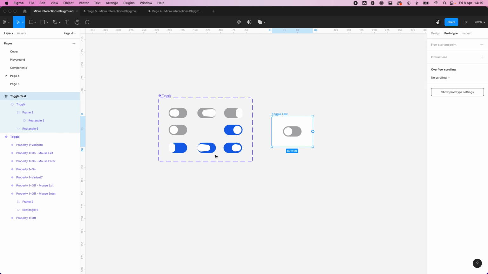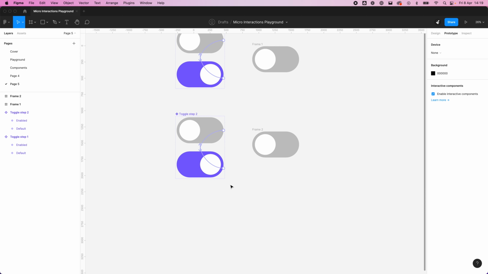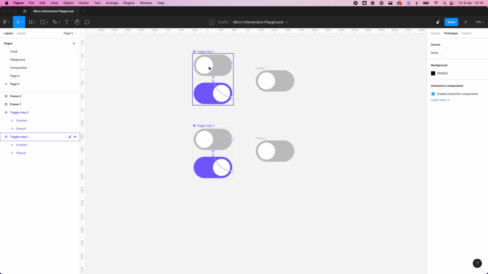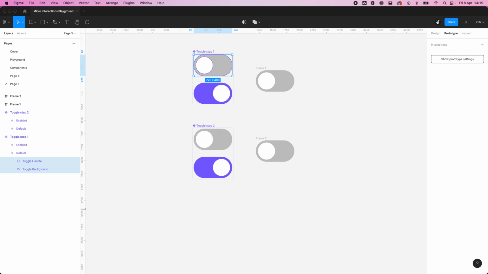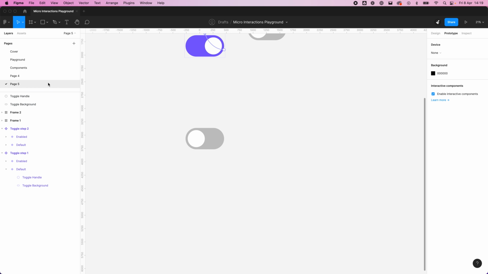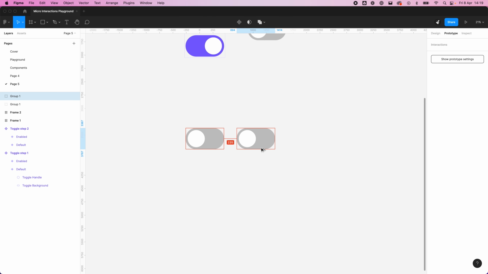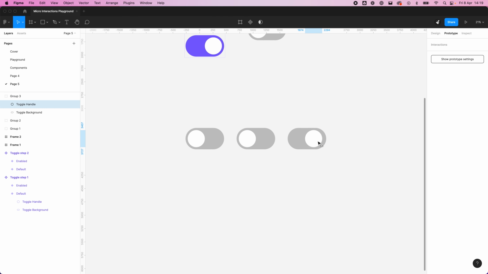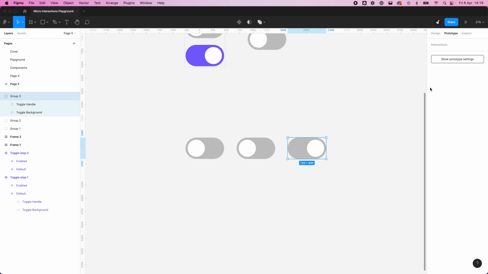So let's design our multiple keyframe version, and let's close these. So we head back to this page. I'm not going to duplicate this. I'm going to just copy these two and start down here. Okay, so we haven't got a component to begin with. So let's group it. And we're going to have a few different states here. So let's go to our end state and color